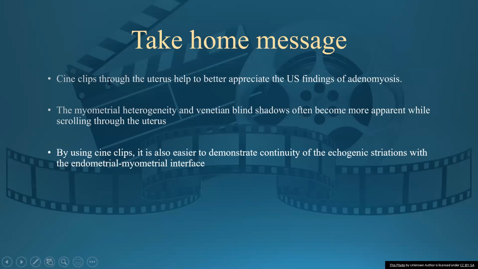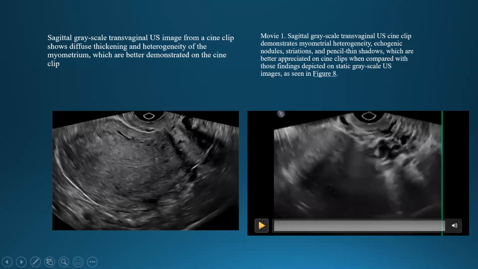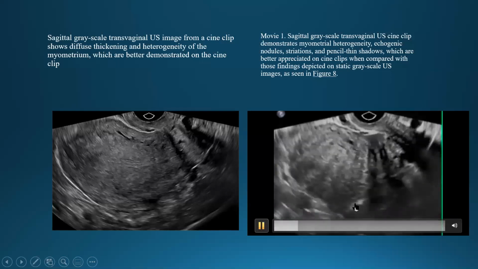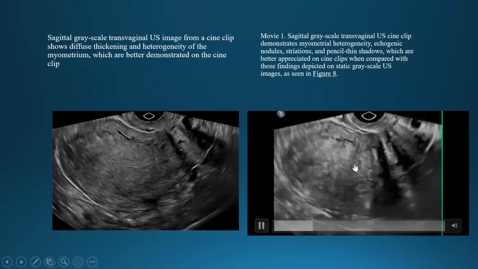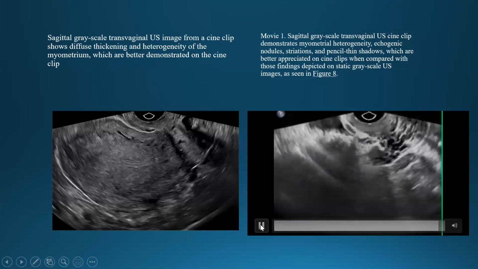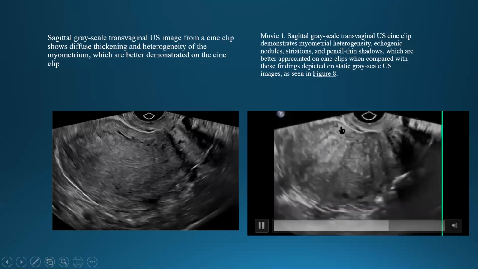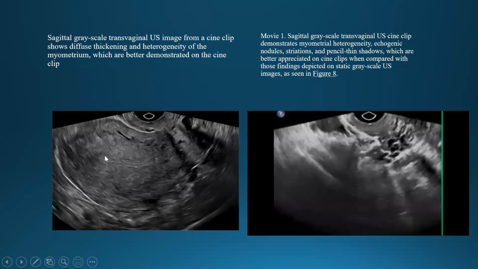So this is just a single screenshot from the picture for an adenomyotic uterus. It shows diffuse thickening of the endometrium, which is very heterogeneous. This is the clip. When we do the cine clip, you're going to see it much clearer. I'm going to open it now for you, so you could see when we scan all across with all the shadows, how it appears with the endometrium and the myometrium. So again, I'm going to repeat the cine clip for you to demonstrate how much information we got from the cine clip rather than from one image.